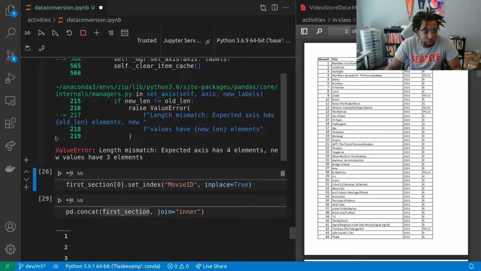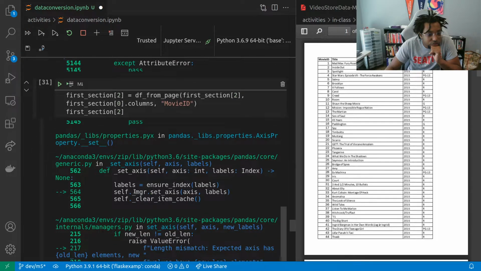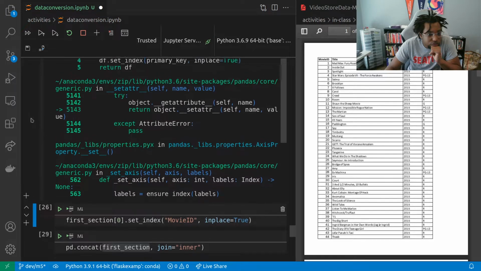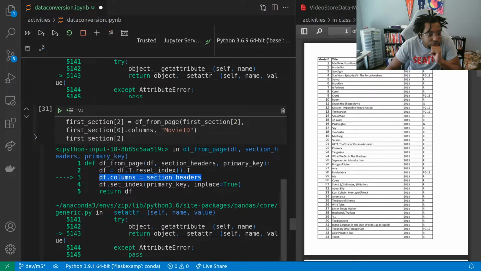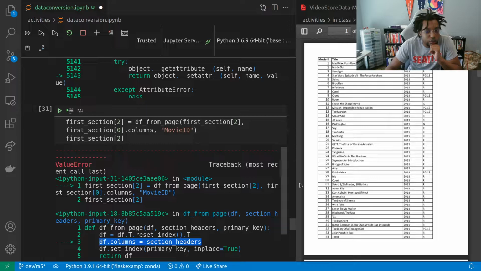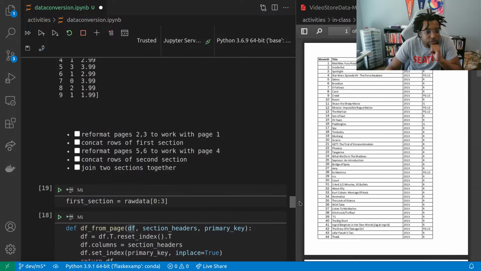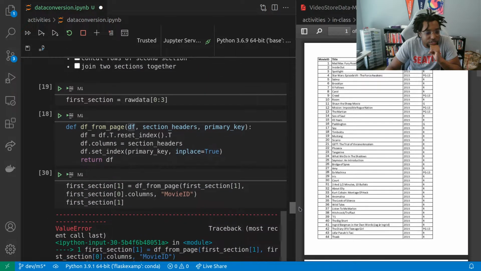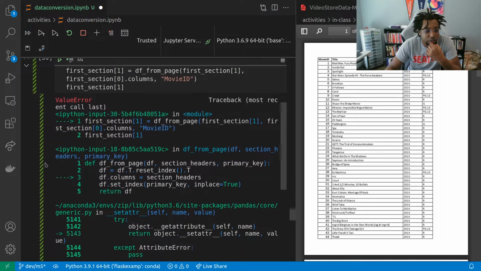New values have 3 elements. Oh, because I overrode my first item in that section. So now first section 0 columns doesn't line up with the number of columns that exist for this data set